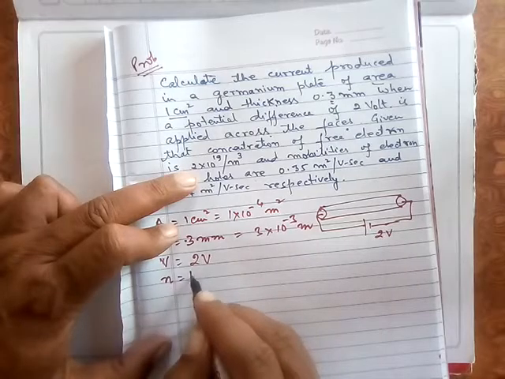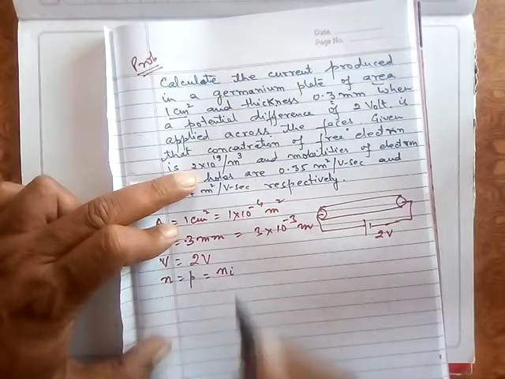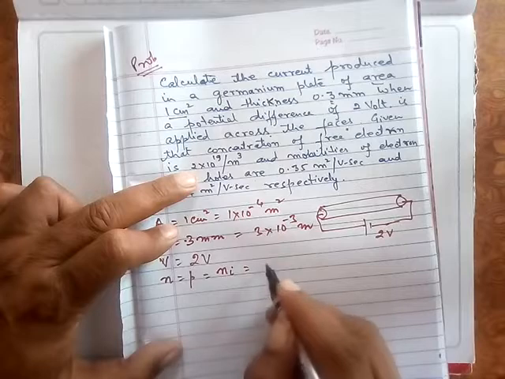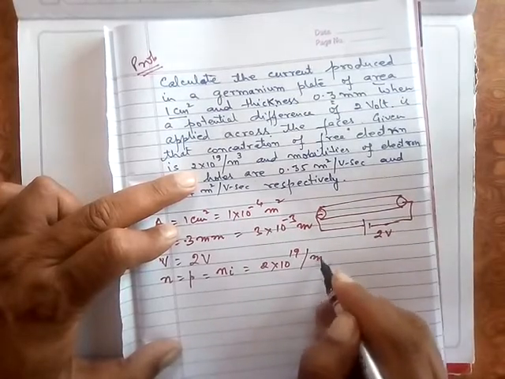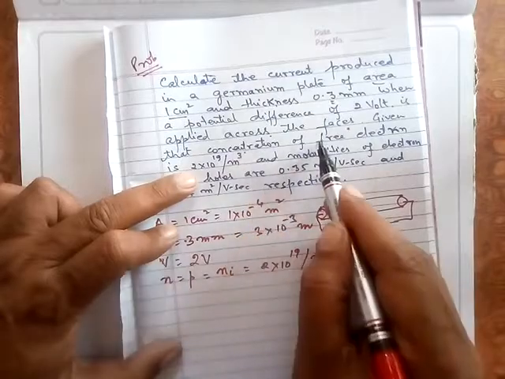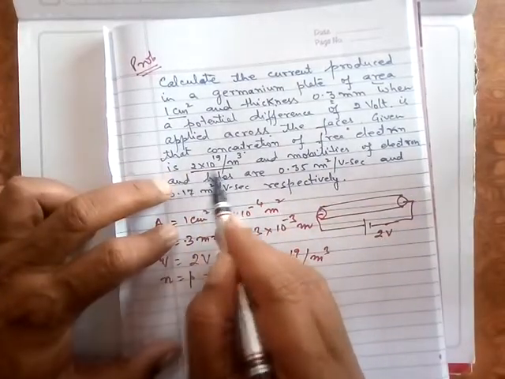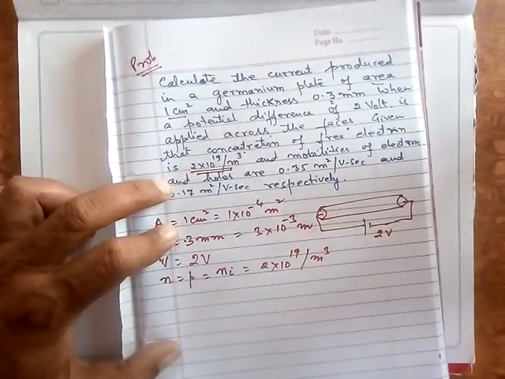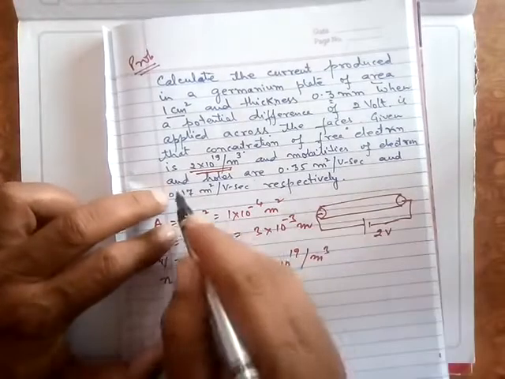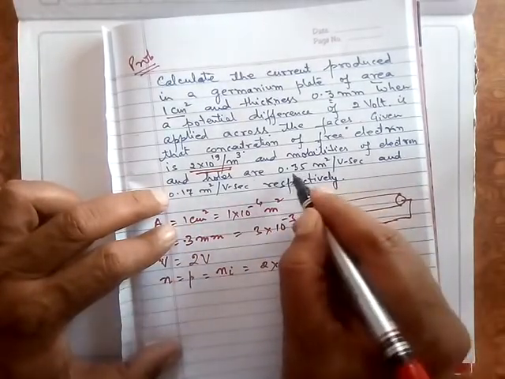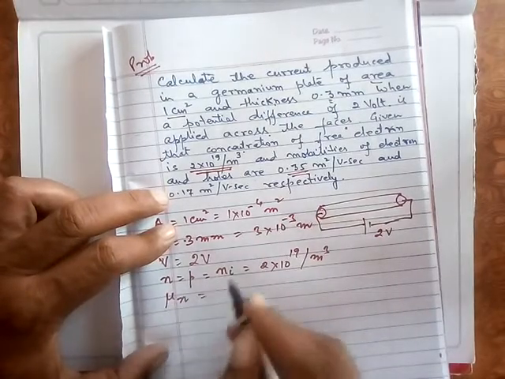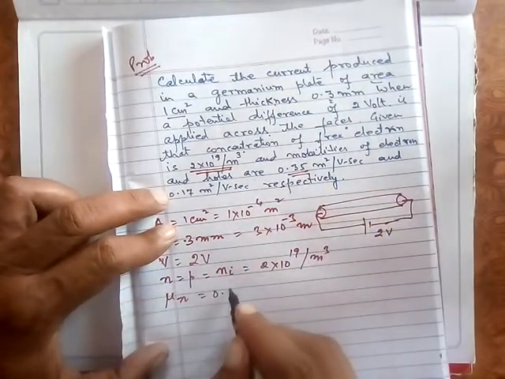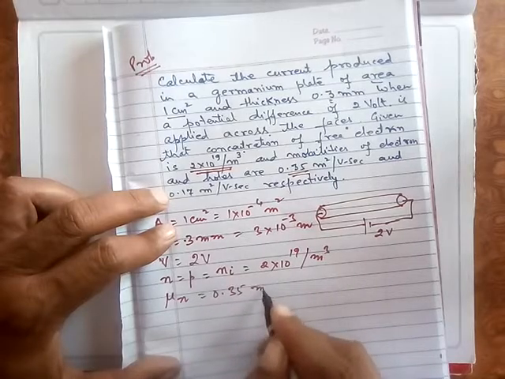Which will be equal to P and which will be equal to Ni. It is equal to 2 into 10 to the power 19 per meter cube. The concentration of free electrons is 2 into 10 to the power 19 per meter cube, and the mobility of electrons, that is mu n, is given to you. It is equal to 0.35 meter square